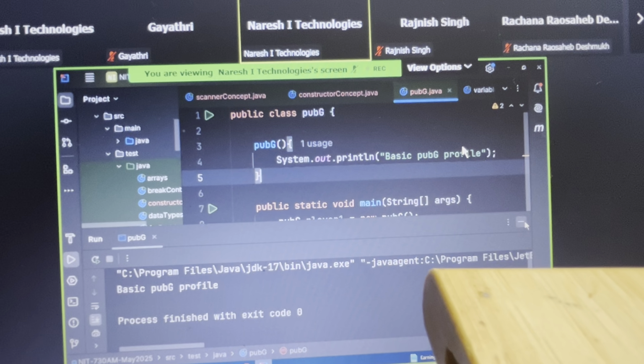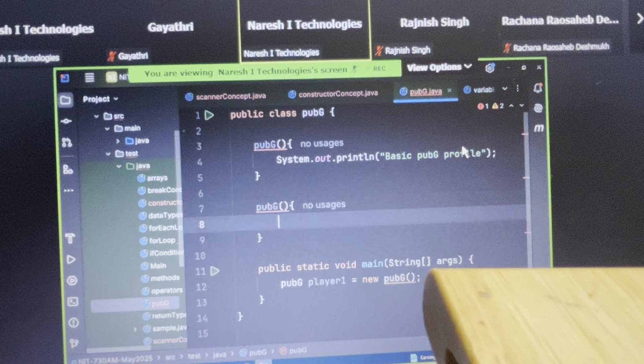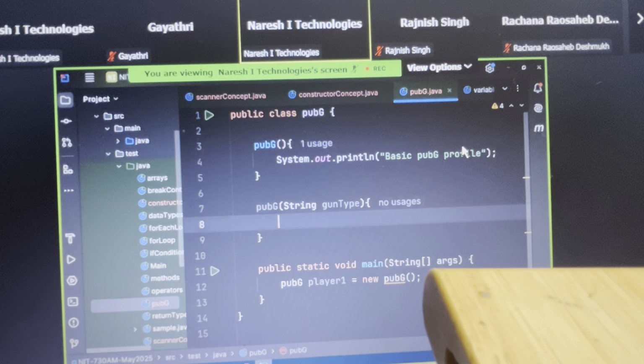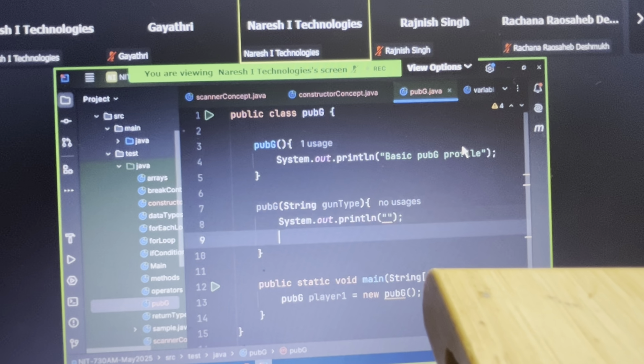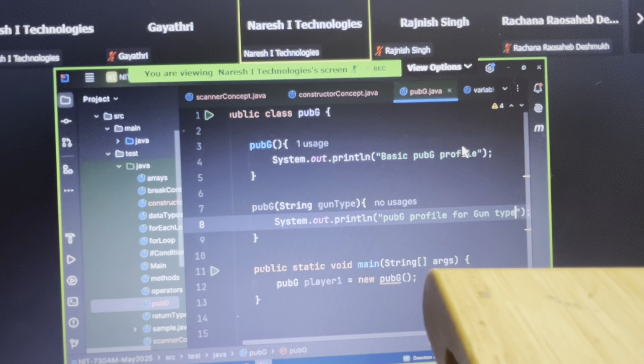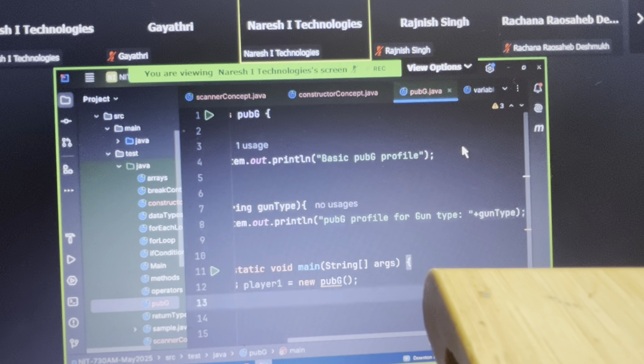your player1 is created, but this time I want a player with a different skin color. So, let's take a String gun type. Okay, System.out.println PUBG profile for gun type, and whatever is the gun type it is. So when you create a player 2